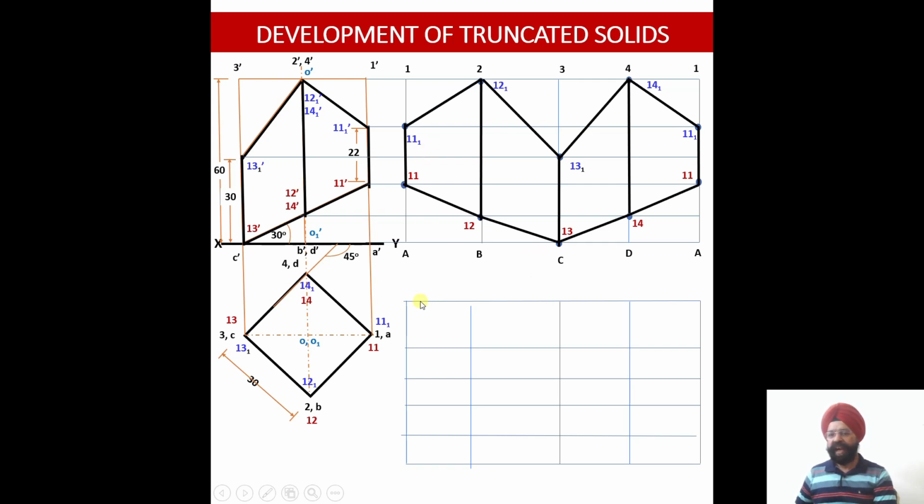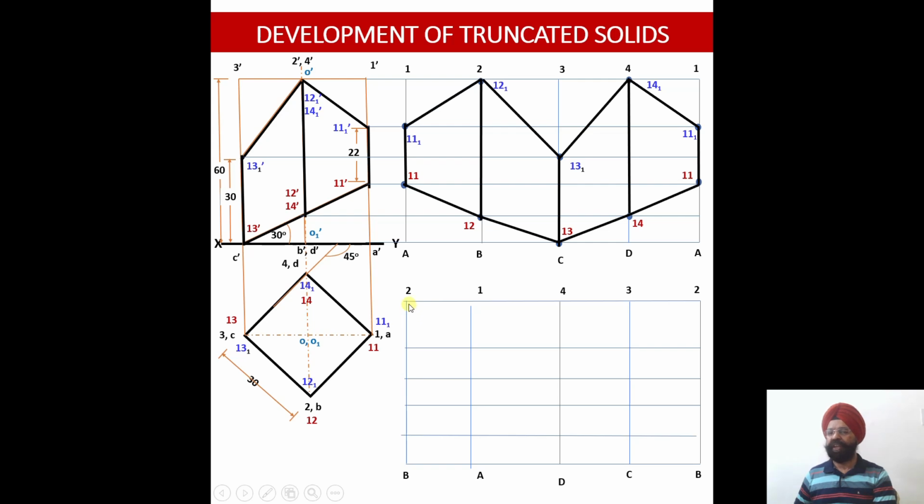Here I have drawn a separate template so that I can show you parallelly what effect it will make if I open this solid not from 1A but from 2B. So you will have the comparison if I am able to show you both of these things parallel to each other. Otherwise you need to draw this template over here.